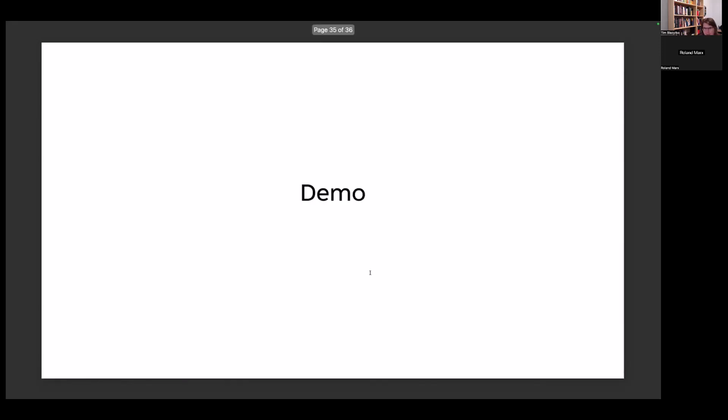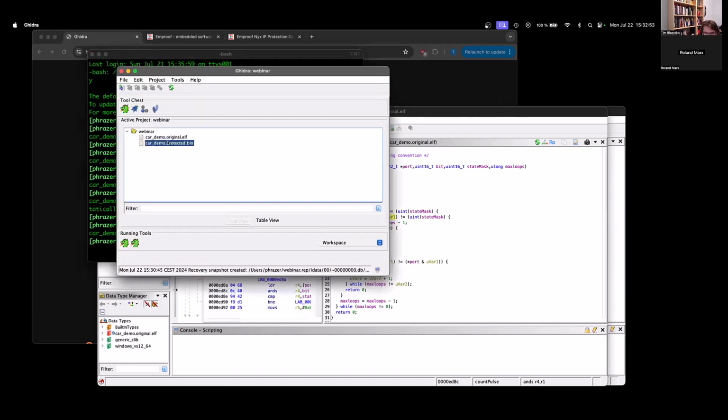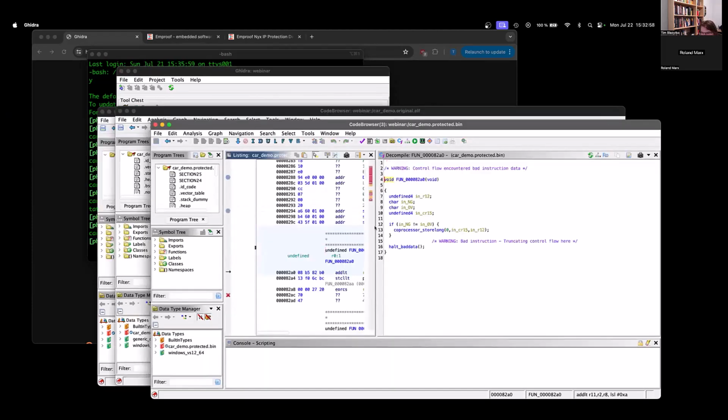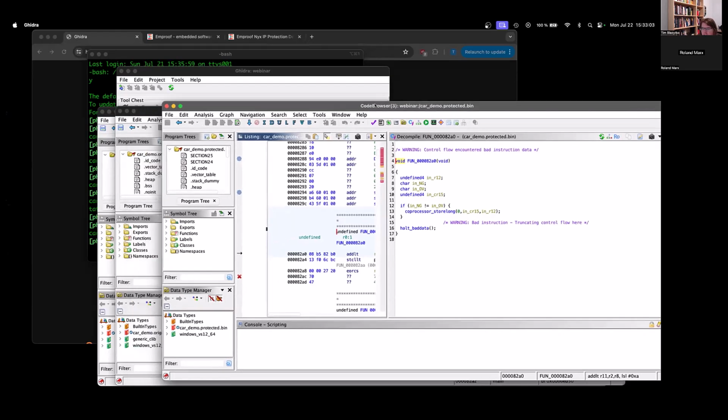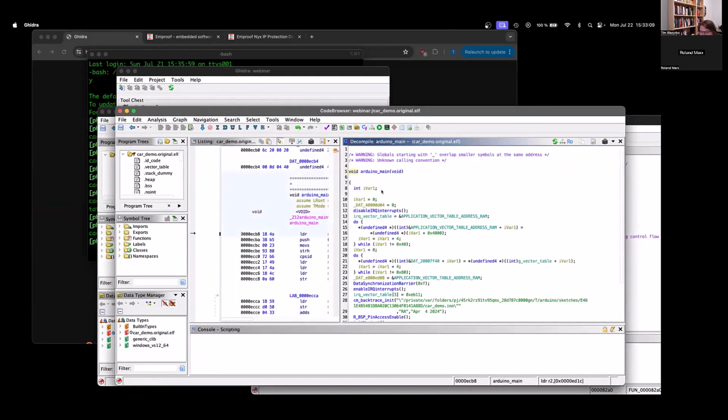And let's go back to our original demo here and open another binary, this time the protected one. So the protected one is exactly the same binary as before, with the difference that it's been obfuscated. For instance here, if we jump to the main function, we see all this logic, this is this here in the original binary. If we jump to the same location in the modified binary,